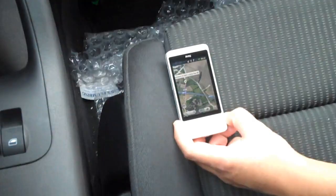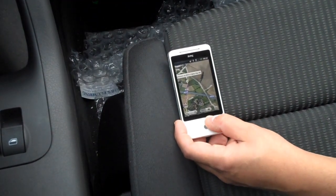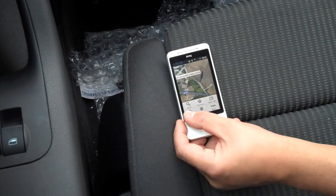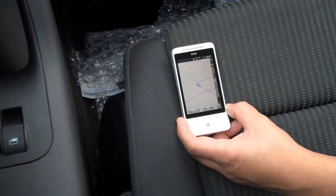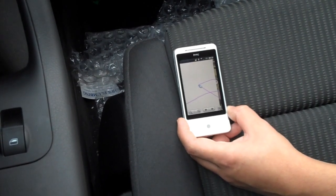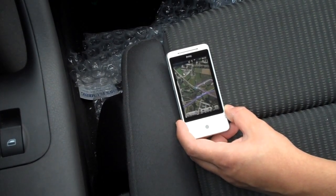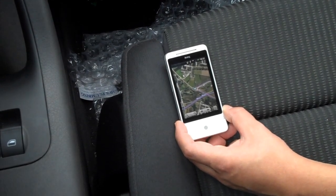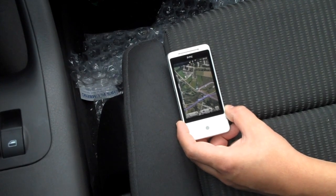So it's telling me exactly where to go now, in no uncertain terms. You can press menu, by the way, and get some extra options on here. My location, so I'll press that and it'll show me exactly where I am now on this route. So we're just going to go onto the toll road. And you can see I'm the little blue dot on there,